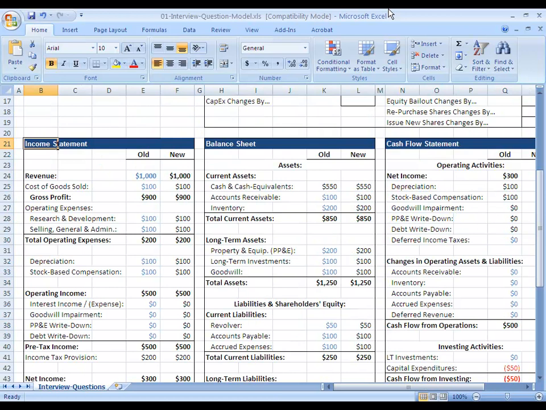So that's a quick overview of two of the most common interview questions that you might get on the topic of the three financial statements. Coming up next, we're going to delve into specific interview questions, and we'll go through a couple examples starting with the very simple ones involving depreciation and inventory, and then go up to more complex topics and into multi-step scenarios and how to answer those questions in the context of interviews.